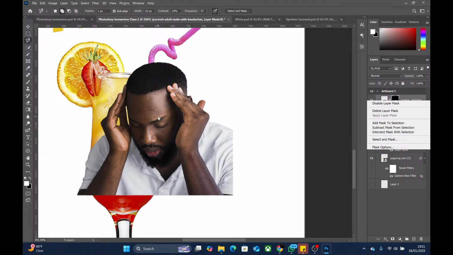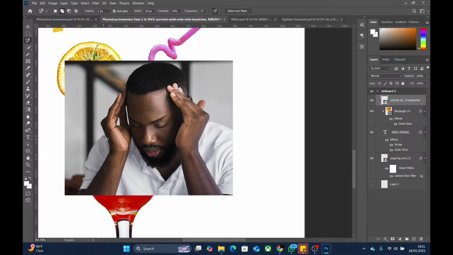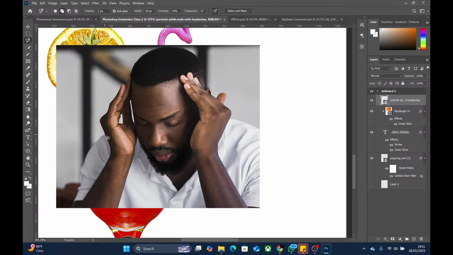Okay, so right now if I delete this layer mask and then I click on this edge, all I have to do is to stay close. I'll be moving my mouse. I'll click like this. I've done the clicking. I'll just be moving my mouse around it. I won't click. I've released the mouse button. I'm no longer clicking. As I move around the edges of this guy, it will be snapping to it. It will be working like a magnet.